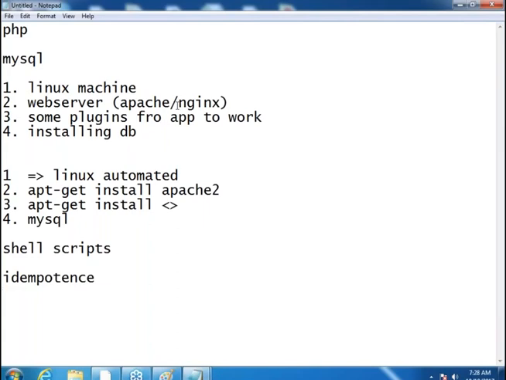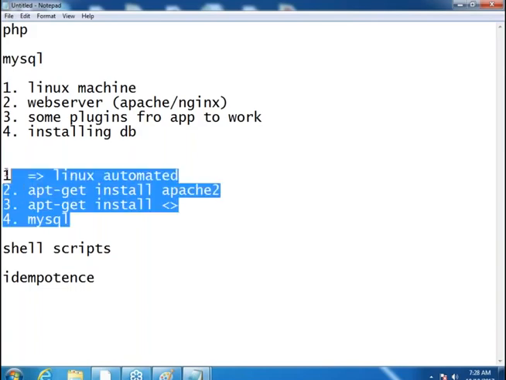That means before doing every step, it checks whether it actually exists or not, what the state is that we want. Okay, so now in shell script, what is it that we are trying to write? We are trying to write the steps of how to do it, we tell what to do, right?